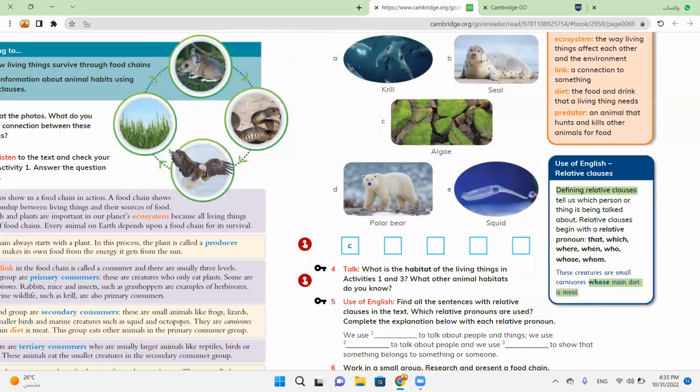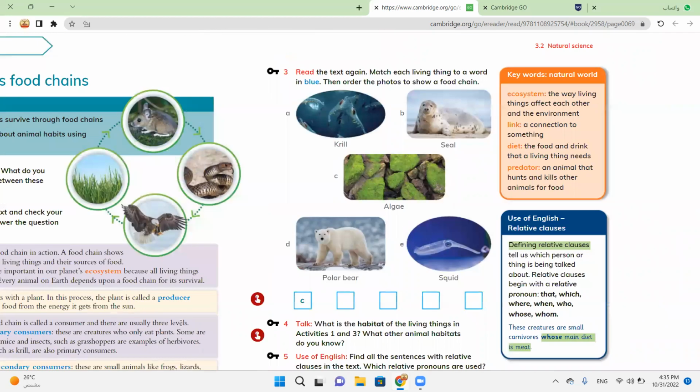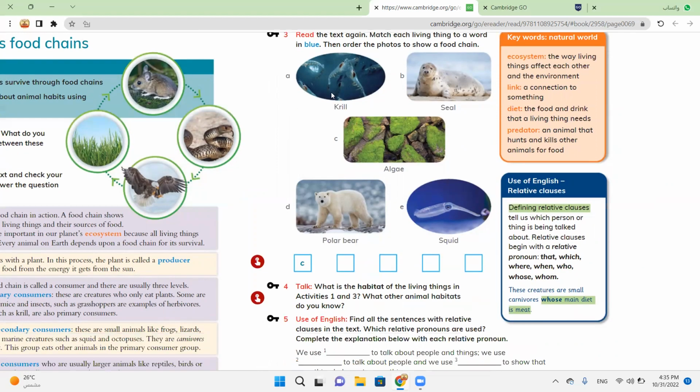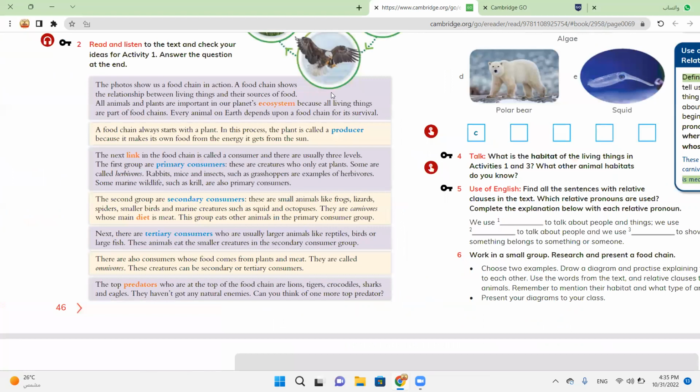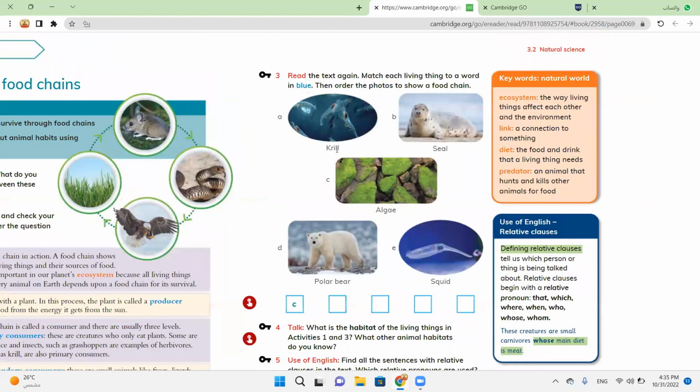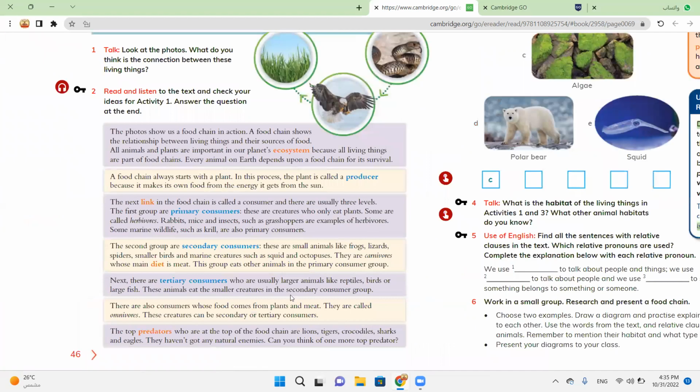Okay, so moving to activity 3, we will read the same text, but this time we will match each living thing to a word in blue. So we have krill, seal, algae, polar bear, and squid. We will try to put them in these 1, 2, 3, 4, 5